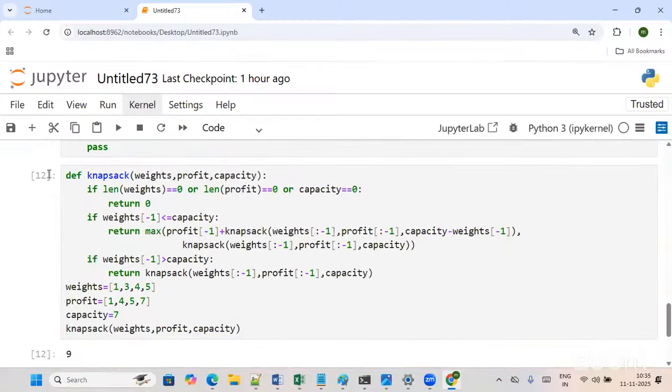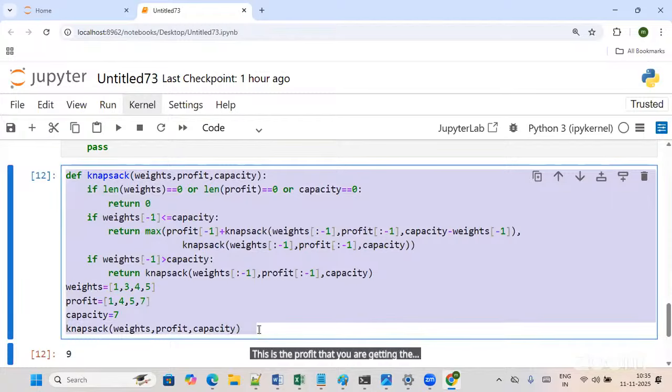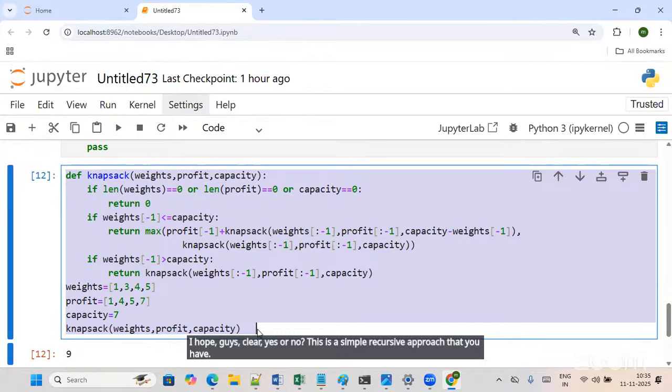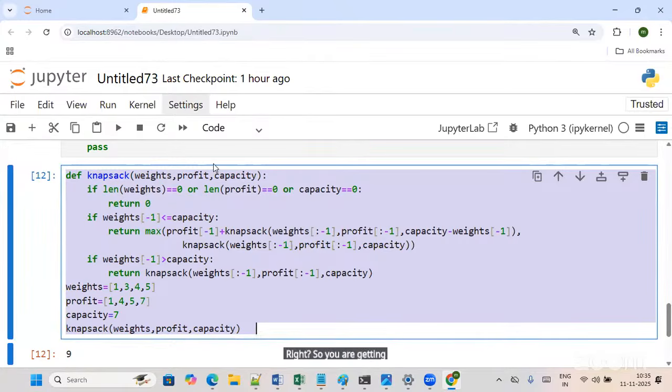This is the profit that you are getting, the 9 units as a profit, guys. I hope it's clear. Yes or no? This is the simple recursive approach that you have. So you are getting the profit of 9 units. Right? So first of all, guys,